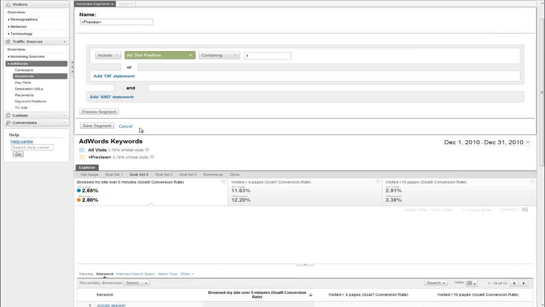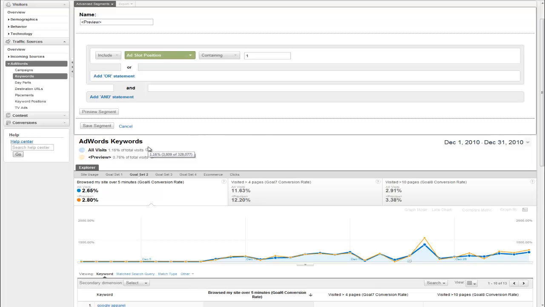Visitors coming in through the first ad position were much better at engaging the site. They viewed more pages and spent a longer time on the site. This immediately tells us that performance in the first ad position may indeed be better than in positions 2 through 8. If we're satisfied with this segment, we can give it a title, such as Ad Position 1,